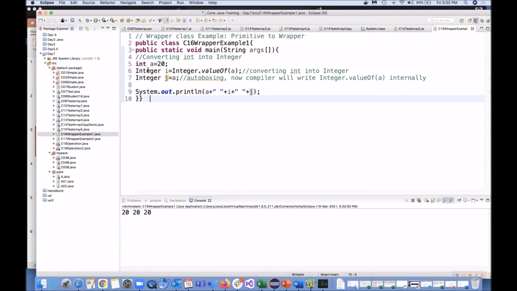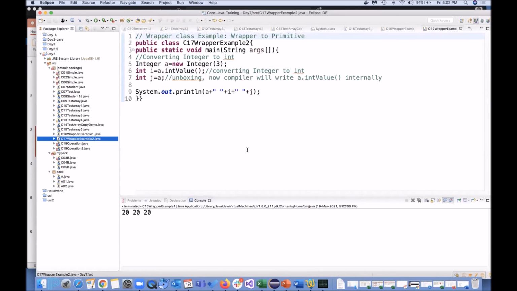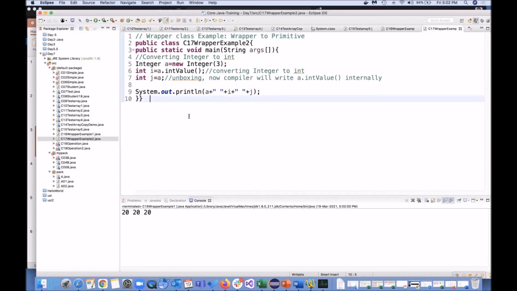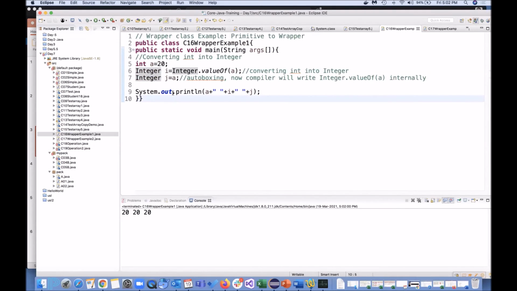And in the similar fashion with String, you will be seeing, whenever you will be dealing with currencies, that time you will be using double or float. Okay, moving to next one. Yep, so autoboxing is what we have seen. And this is the example of unboxing. Auto means automatically it will do it.